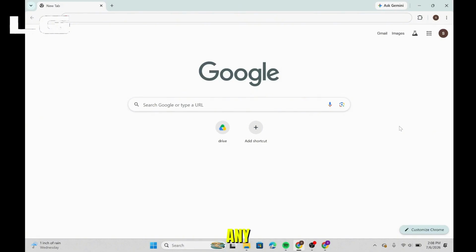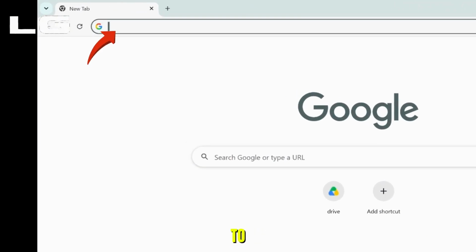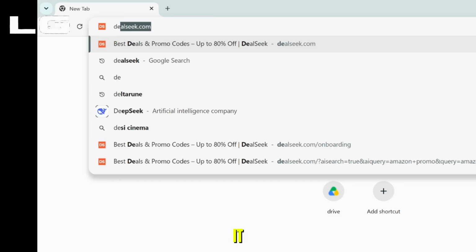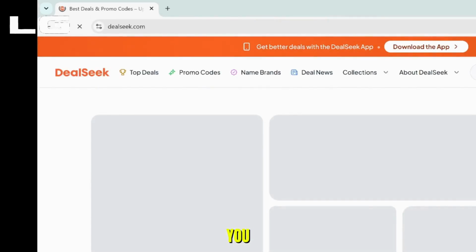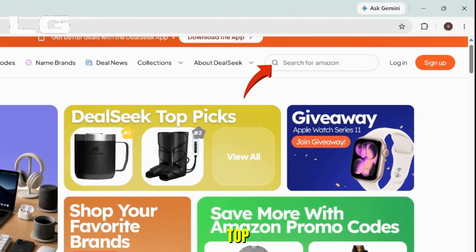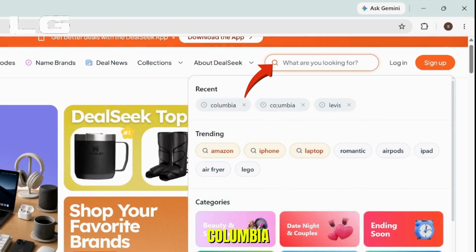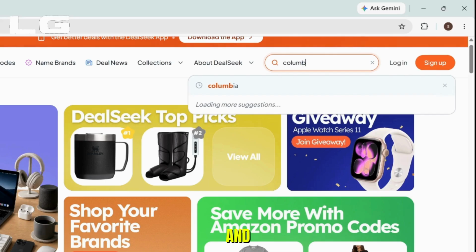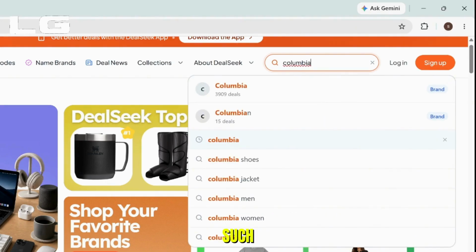Firstly, open any web browser that you prefer, and at the top there's an address bar. You need to type dealseek.com and enter it. Once you get into the DealSeek interface, there's a search bar in the top right. You need to search Colombia, and you can also search for specific products such as Columbia jacket, Columbia fleece,